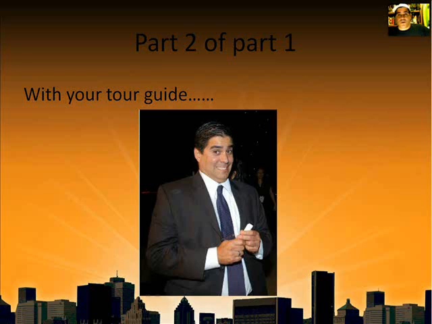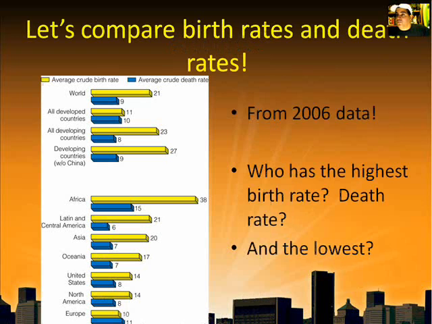Let's keep going. So we were talking before about populations and how they grow. We were taking a big look at China and India and how their populations are expected to grow in the future, the population of the Earth. So let's just take a look here. Let's keep moving on.